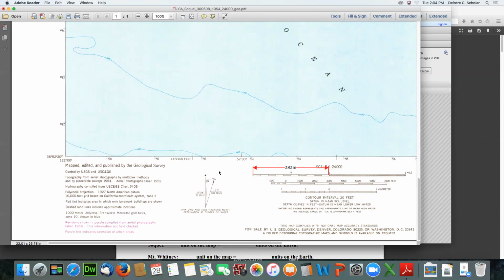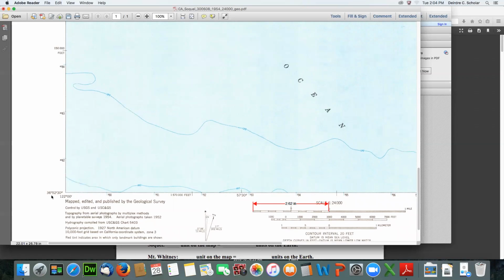Now, if for some reason your map got damaged and you didn't have a north arrow, you didn't have any of the norths listed on the map, is there any other way that you could determine the direction of north? And if you can get the direction of north, then you can always get the direction of south and east and west. So we have also on the edges of our maps, on the corners of our maps, the coordinates